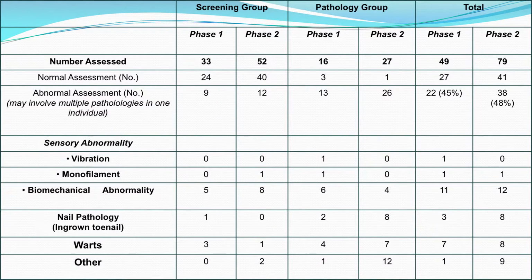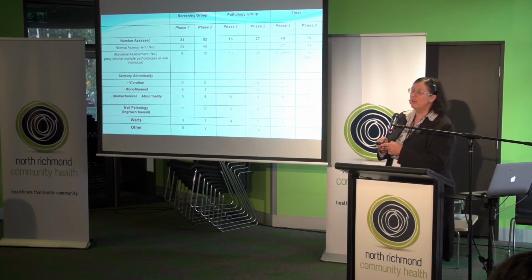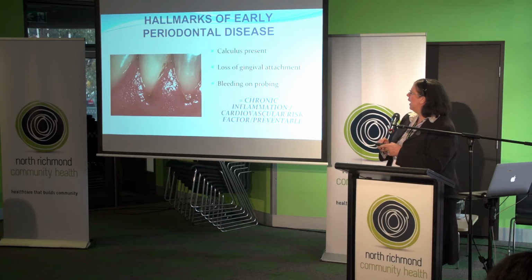I just want to show you this here. Very few of them had the numb feet that older people have, but quite a number of them had biomechanical abnormalities, which meant they were much more prone to callus formation. You get calluses, which then dry and crack, which then get infected, and then you get the diabetic foot scenario. So once again, we demonstrated that preventative measures in this age group were quite effective.